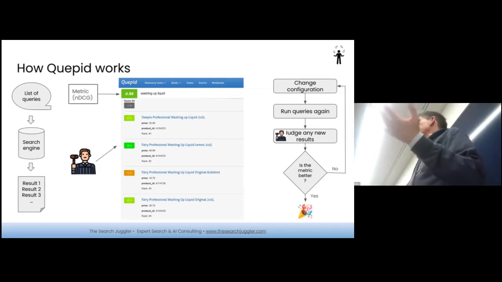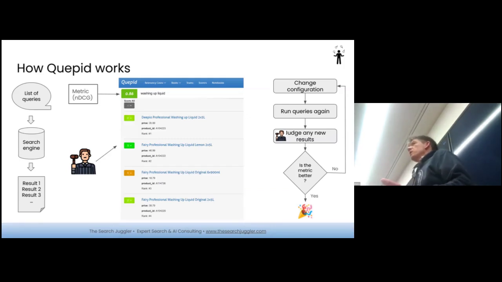In fact, if you start with as little as 50 queries, maybe cleverly sampled, maybe some from the head, some from the middle, some from the tail, it's a really good start. And for those people who really haven't started measuring search at all, this is a really good starting point. These are explicit human judgments. We're asking people to make the judgments.